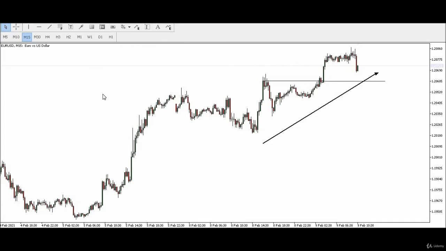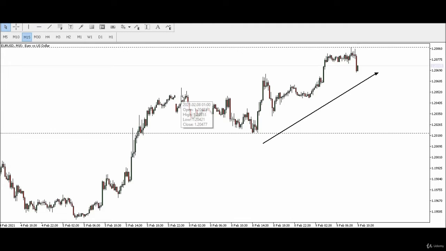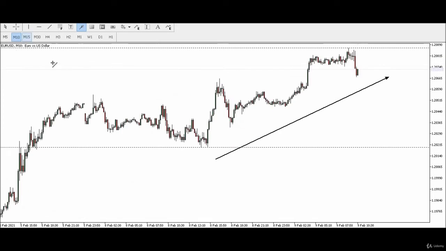So that's it. I can remove this, it's not important at the moment, and I can mark this zone, this small range, to see if the market reverses here, because you see it's an important point and this is the highest point. So let's move to minute 10,